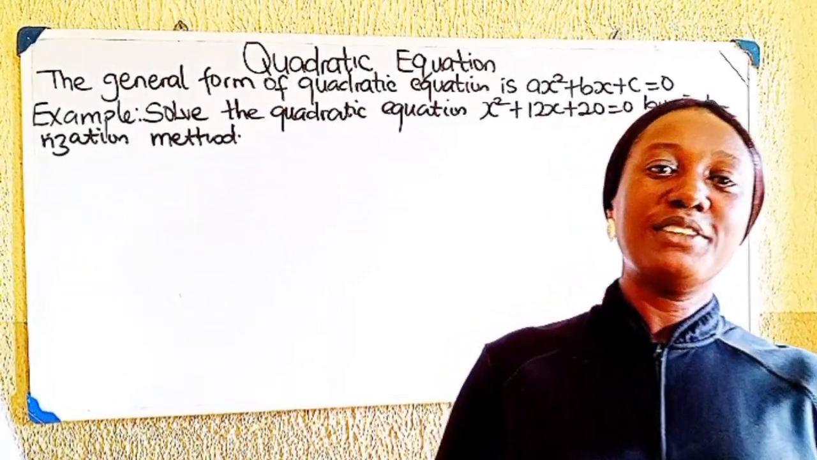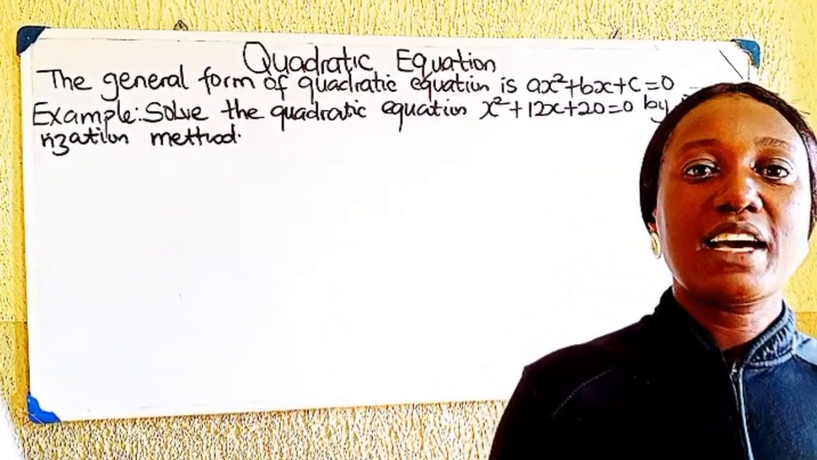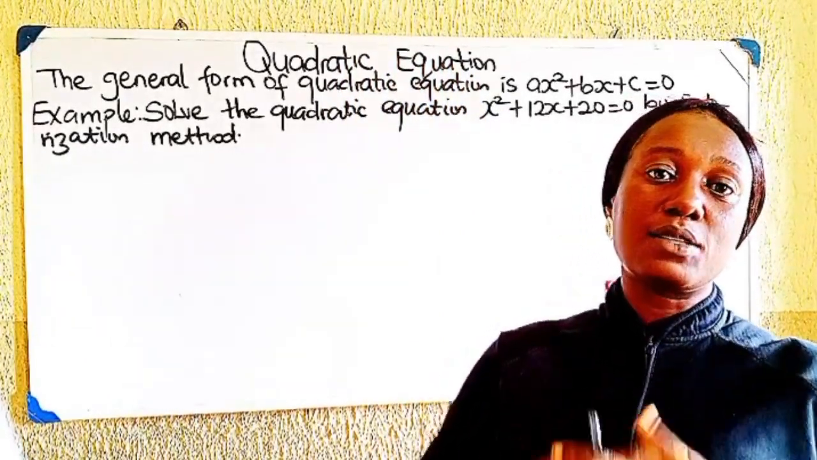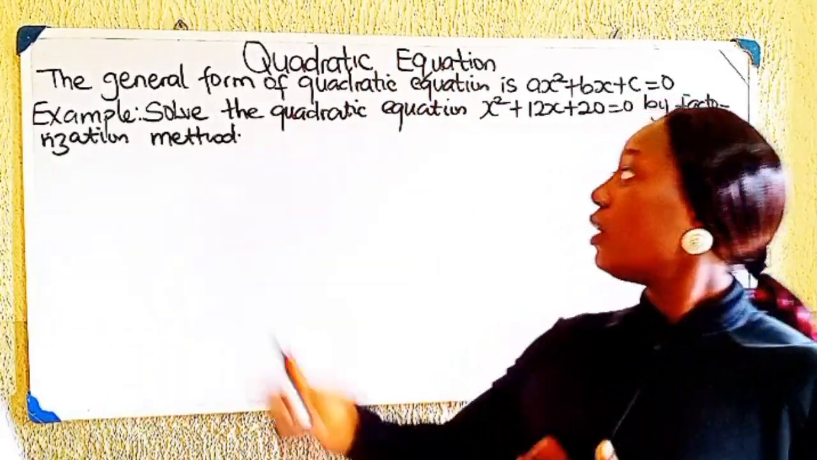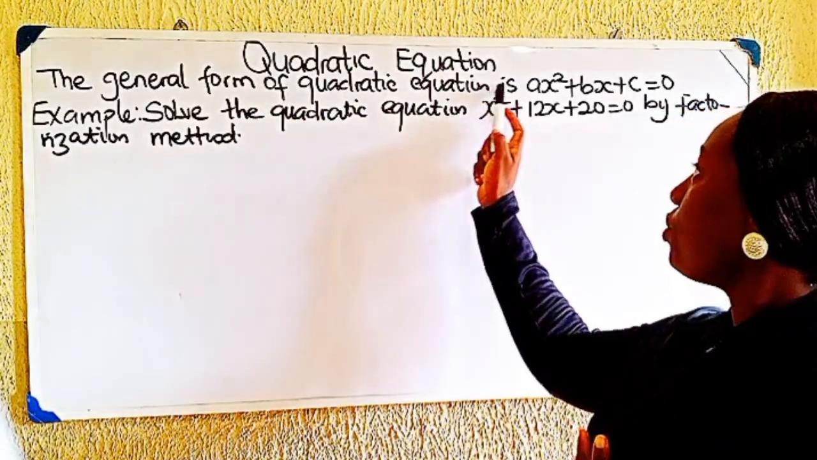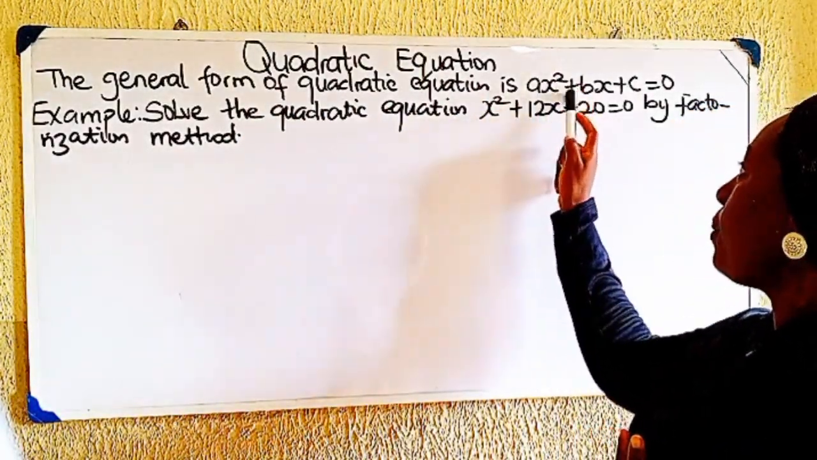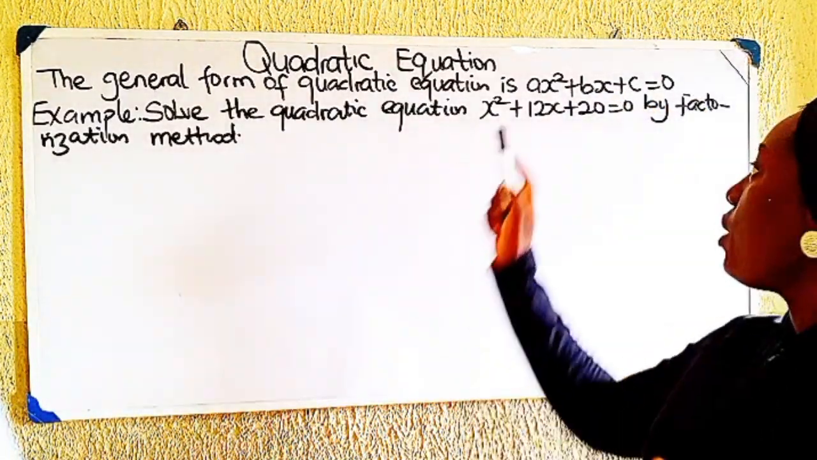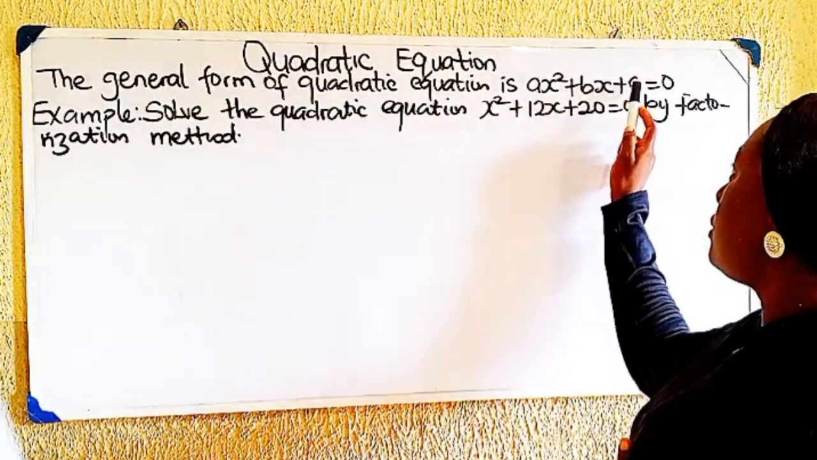Greetings everyone. Today we are going to look at quadratic equations. The general form of a quadratic equation is ax squared plus bx plus c equal to 0, where a, b, c